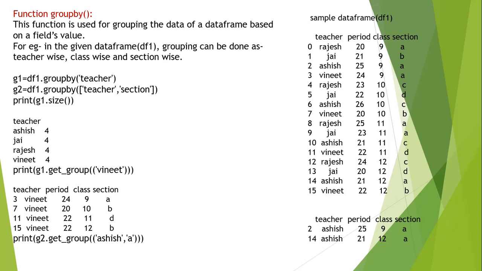If we would have written Ashish comma B, it would have given a different result. Why? Because we have to see whether Ashish is there with section B or not. If it is there, then it will result something, and if it is not there, it will give you NaN, that is not a number. NaN we have already discussed. Whenever the associated elements are not there in the data frame, it will replace those elements with NaN, that is not a number.